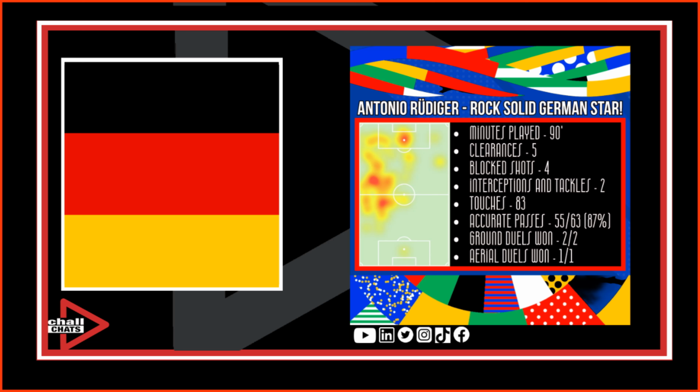And the passion that he showed near the end when he made that block out for the corner for Denmark, you could see the people going around him. It felt like scoring a goal almost, the passion from that guy. You could see him feeling like that block kind of won Denmark a potential opportunity to not come back in that game. So Rüdiger for me was my pick of the bunch for the Germans.